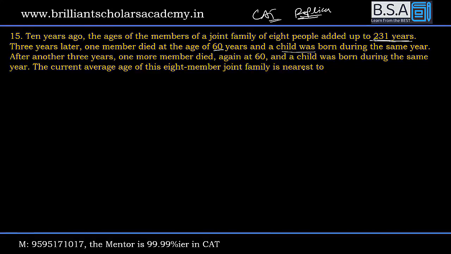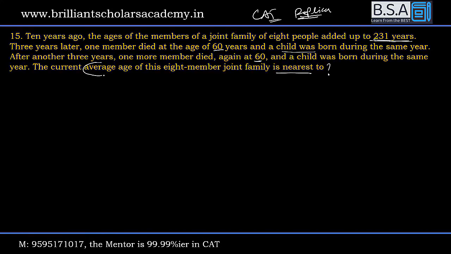During the same year, another member, after another 3 years, one more member died at the age of 60 and a child was born during the same year. The current average age of this 8-member joint family is nearest to